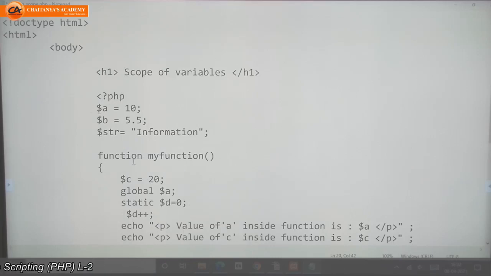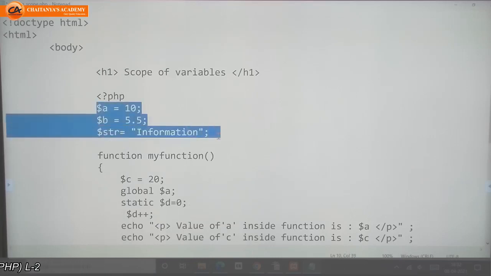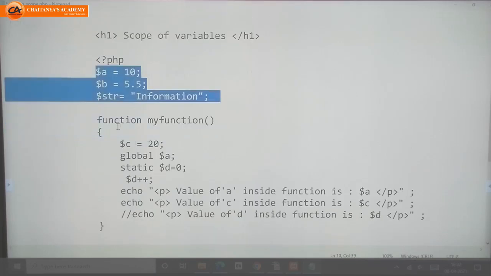In this PHP section, I declared three variables outside of this function. So these three variables are global variables, which can be used inside the function.